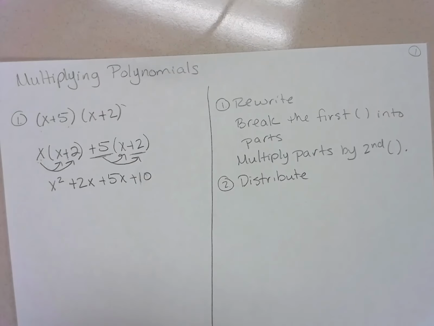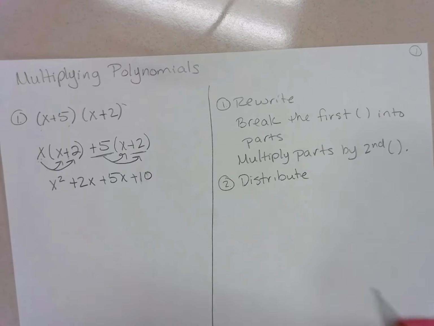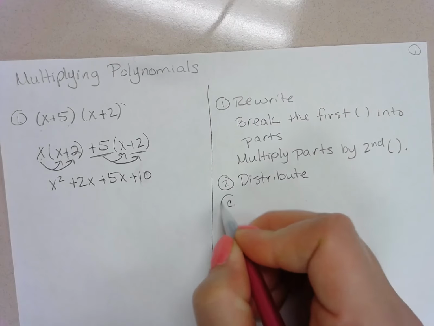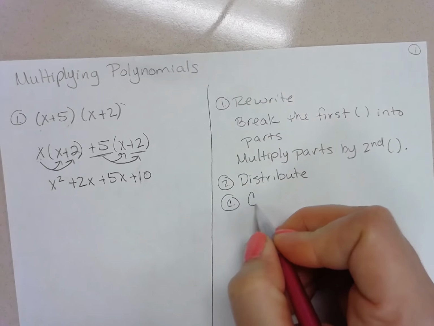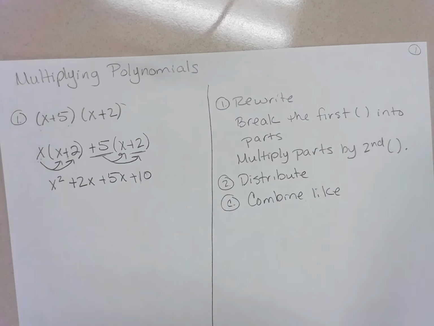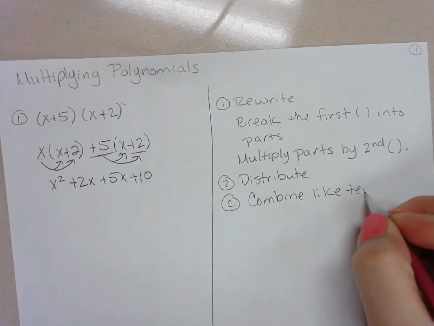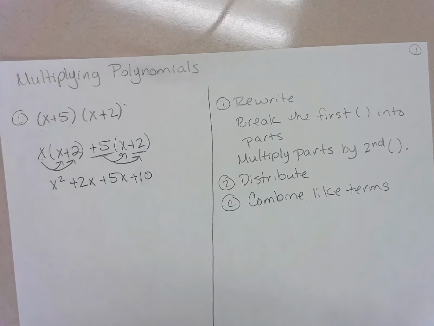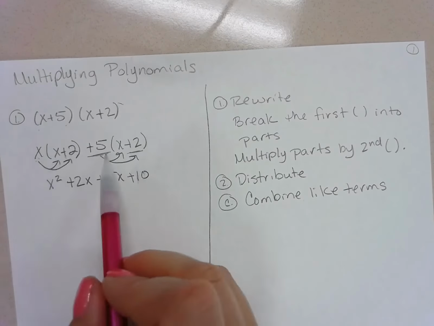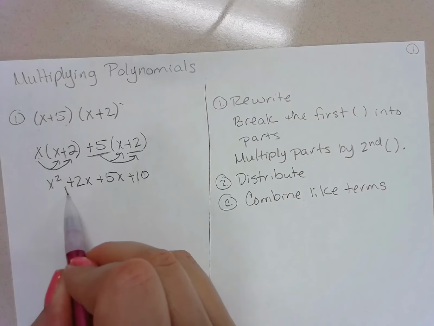So we've rewritten the problem so that we could distribute. Then we've actually done the distribution. The next thing we want to do, which is actually the last thing we're going to do, is we're going to combine like terms. Now remember, when we say combine like terms, they have to be terms that have the same kind of variable, and those variables have to have the exact same kind of exponent. Now, most of the time, not all of the time, but a lot of the time, you're going to find that if you set your problem up like this, the terms in the middle